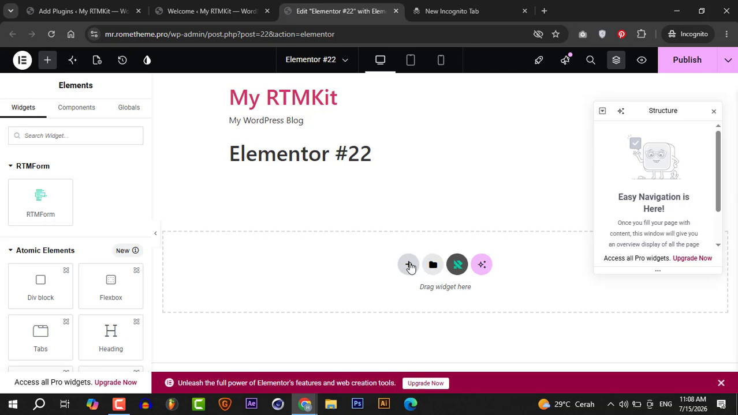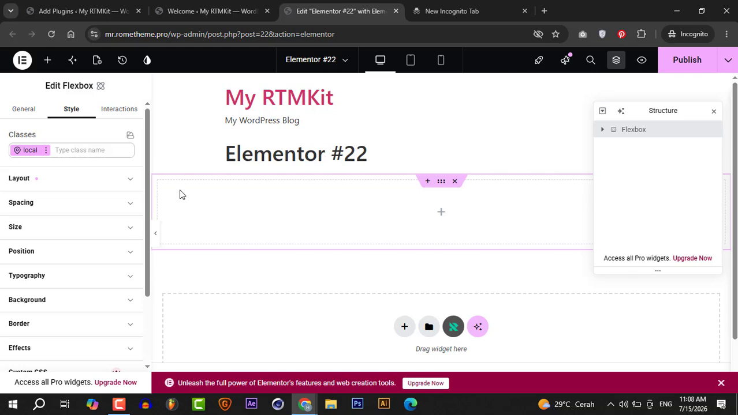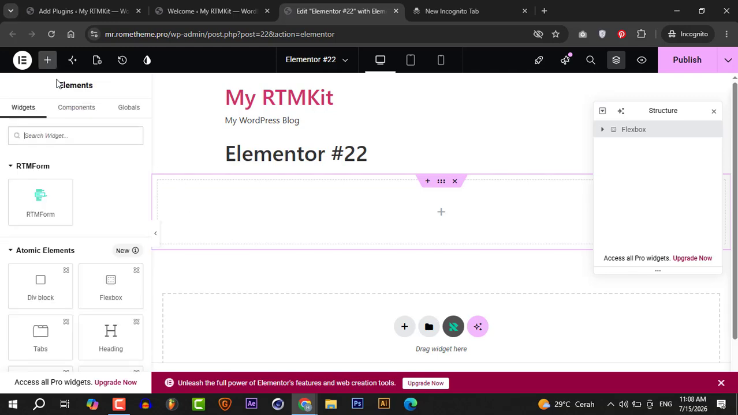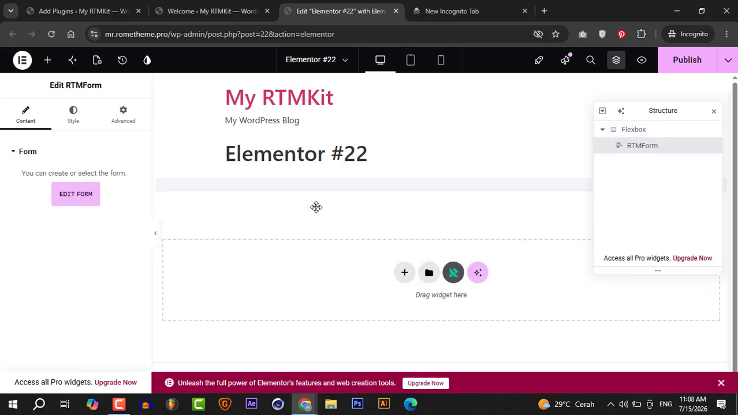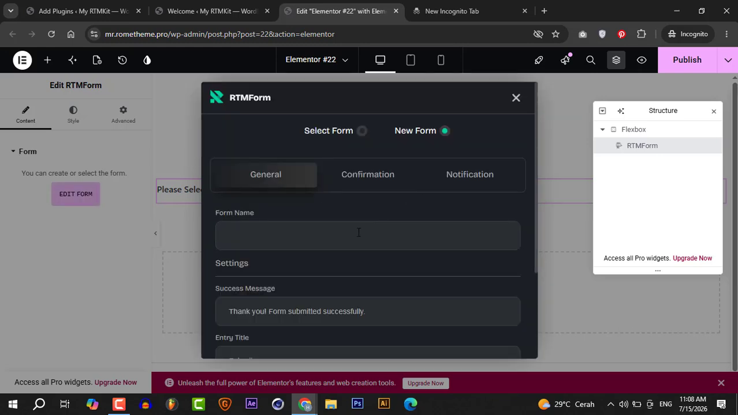And you go here and flexbox and you add element and go to RTM form, drag and drop. After you drag and drop it, you need to edit form, new form. Here put your form name, quiz,